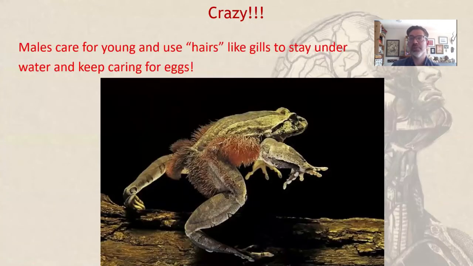The reason we are talking about this frog now is that the males have hair-like appendages all along the sides and back of the legs. They use these like gills, increasing the surface area of their skin underwater and allowing them to breathe underwater for long periods of time through their skin. This is necessary because the males take care of the eggs, and the longer they can hold their breath, the more continuous protection they can give to their offspring.